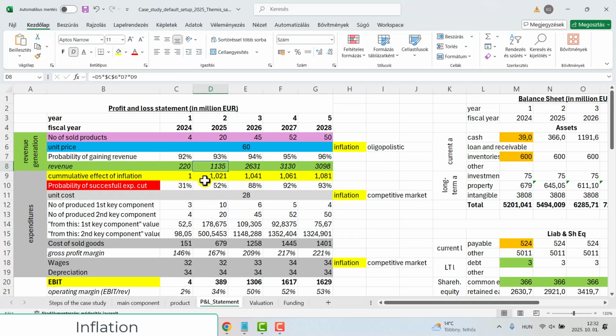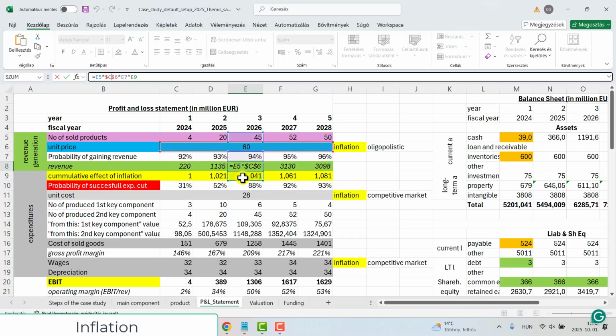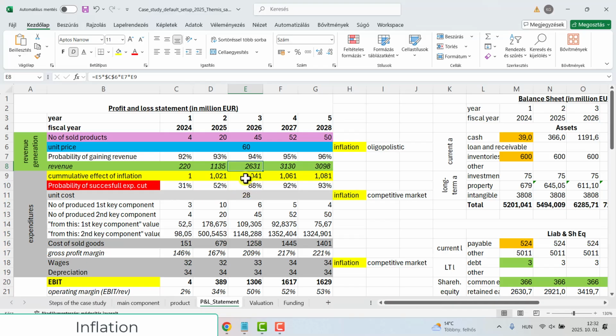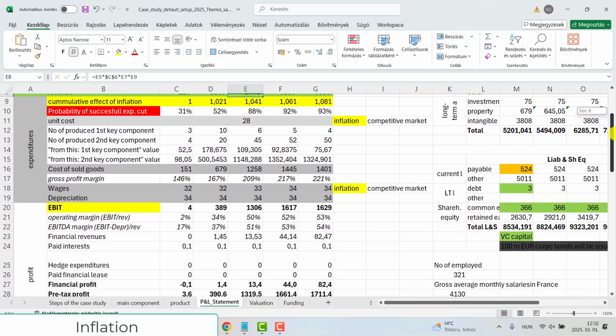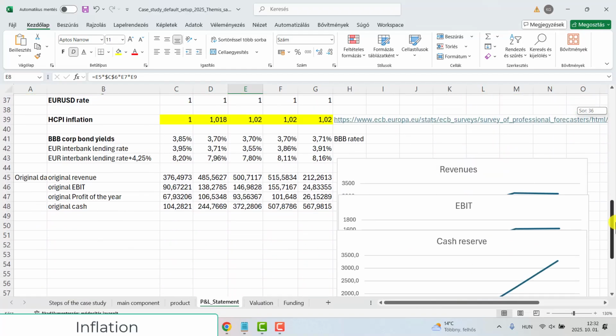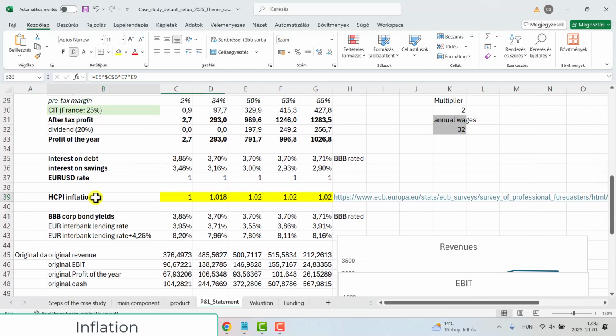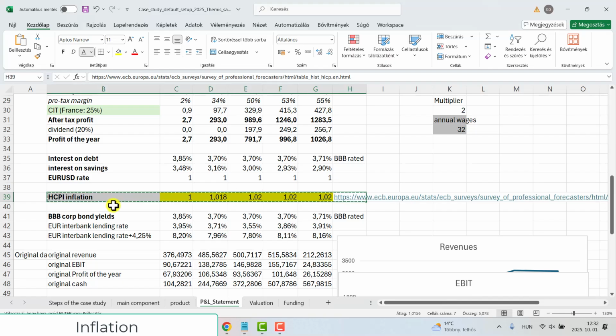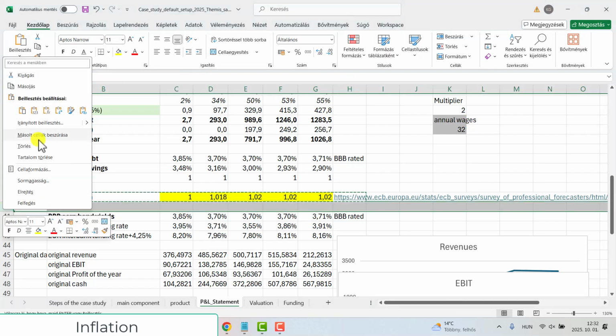D9, yeah. So you can see here that in the case of pricing, cumulative effects of inflation has been added, but this is not the proper inflation. So this is good, just we need better. So I'm adding an additional